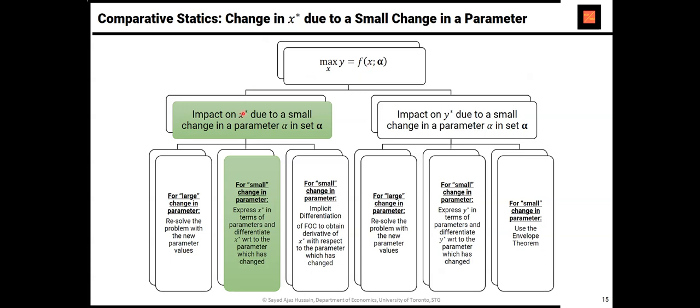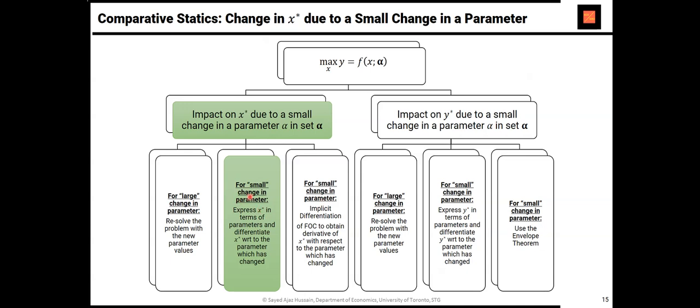You wonder, how will that x star change if those a's and b's change? How will the y star change if the a's and b's change? Let's focus on the x stars for the time being. If the changes in the parameters, those a's and b's, are massive, you cannot use calculus. Then you're better off redoing the problem from scratch. So things like a 15% change in the parameter A or B. But if it's a tiny change in the parameters, 5%, 3%, 2%, then you can exploit this technique in